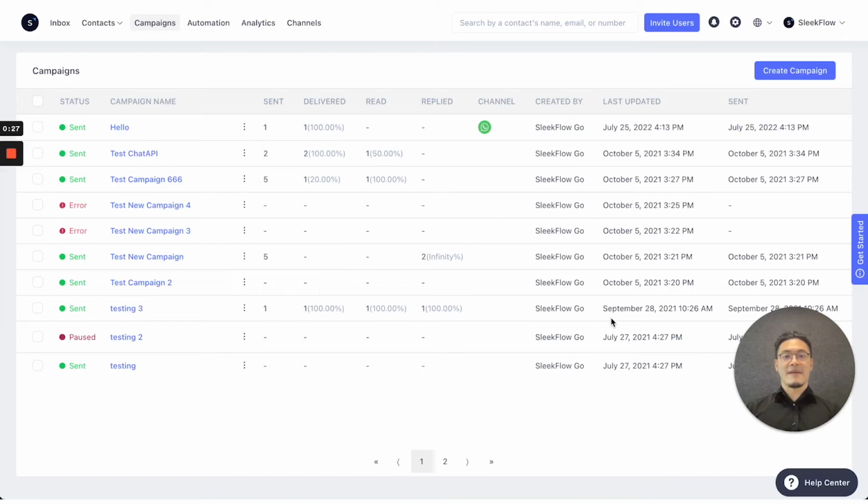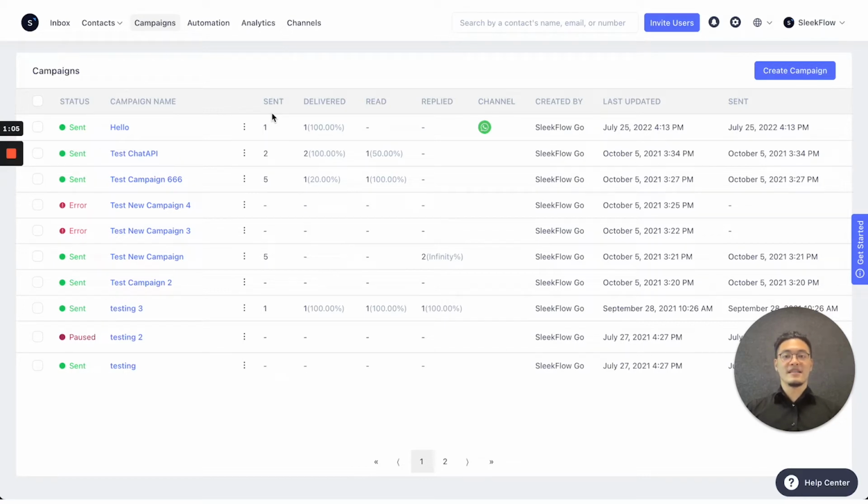Here, you have the campaign interface to let you send out broadcast messages to customers that you want to reach out to. On the interface right here, it shows the sent, delivered, read, and replied counts for your previously sent campaigns. So you can use that as a base for analytics. In the near future, if you were to do some A/B testing, this would be a great reference for you to know which campaign works the best.